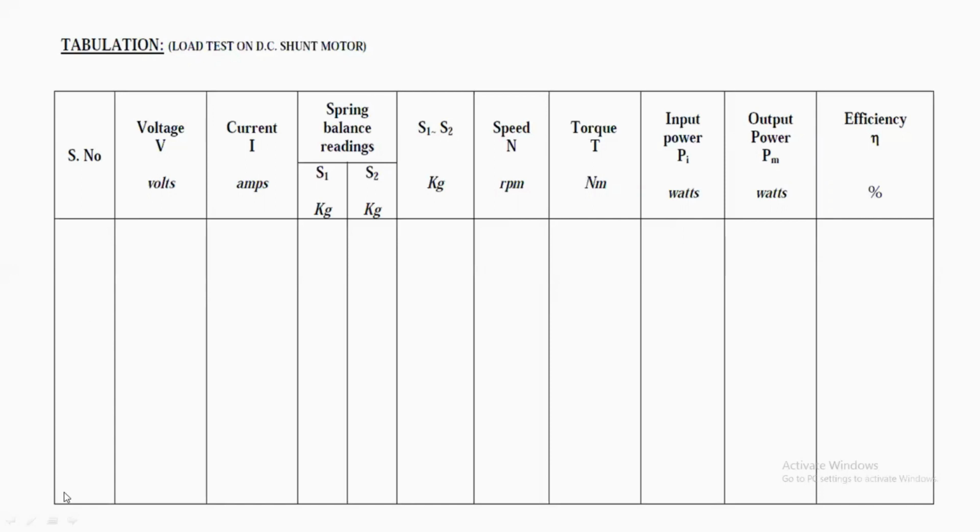Then up to the last reading, the load current is near or less than or equal to the full load rated current. The rated current value is given in the nameplate details. Don't take the reading beyond this rated current. If the reading increases greater than the rated current, the motor winding will be damaged. If we measure a number of readings, the output characteristics graph is very accurate.